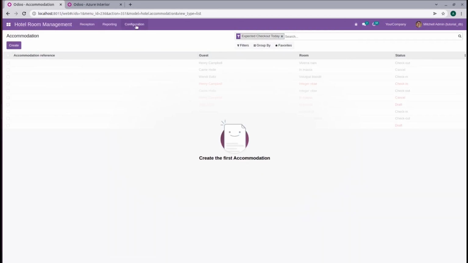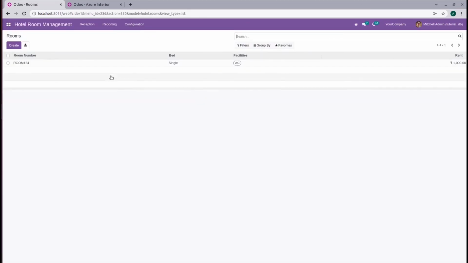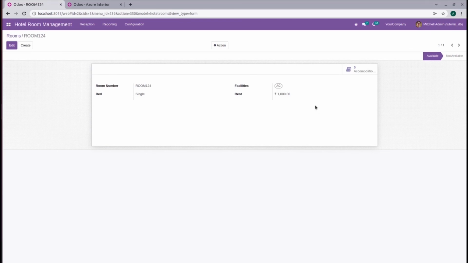Let's go to the module. Let's take the rooms model. Now we can see the number of records, or number of accommodations, related to the particular room inside the smart button. In this way, we can use the search count function in Odoo.